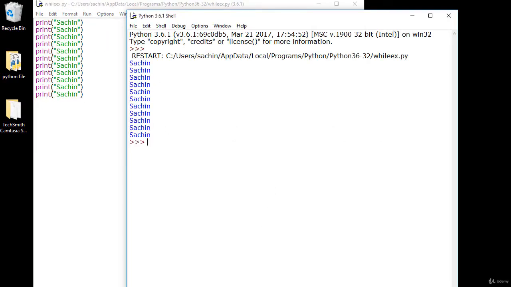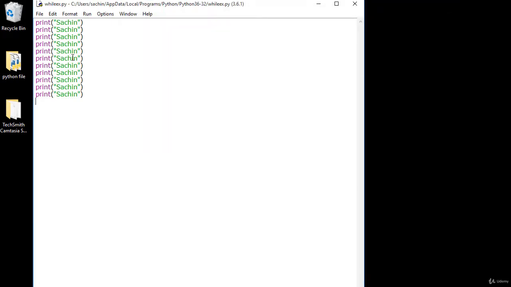But it is very lengthy. If the code is very long and you have to repeat yourself multiple times, it is an unrealistic approach. So in this case you get a magical power using the while loop.